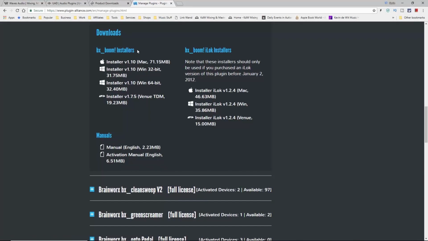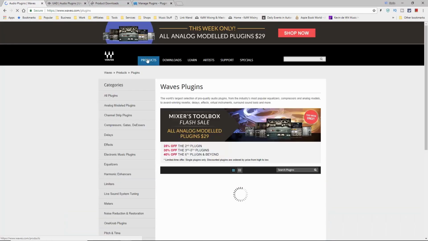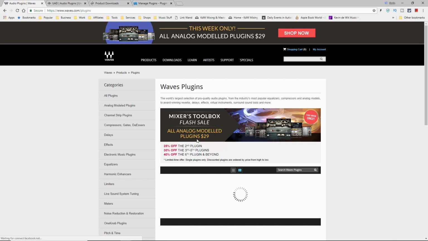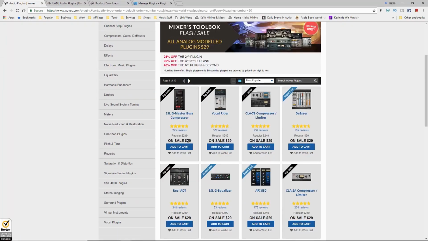Alright, now as for purchasing, as I said, there are tons of vendors out there. I've got a few tabs here for some major vendors. So we've got Waves, who do a lot, and you can see plugins, right? If you click on plugins, they will give you a list of lots of plugins, and obviously they've got some things on sale now for $29,